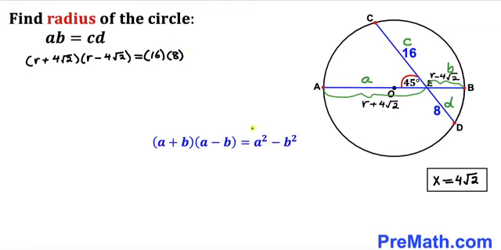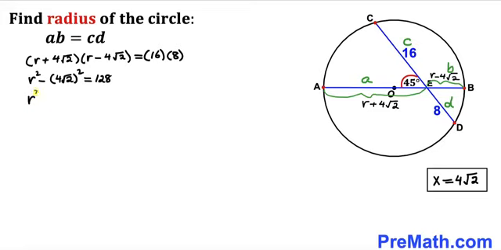And now let's recall this famous identity. A plus B times A minus B could be written as A square minus B square. We are going to apply it on this left hand side. So therefore left hand side could be written as r square minus 4 times square root of 2 whole square, equals, on the right hand side, 16 times 8 is 128. Let's go ahead and simplify the left hand side. R square minus this thing is going to give us 32, equals